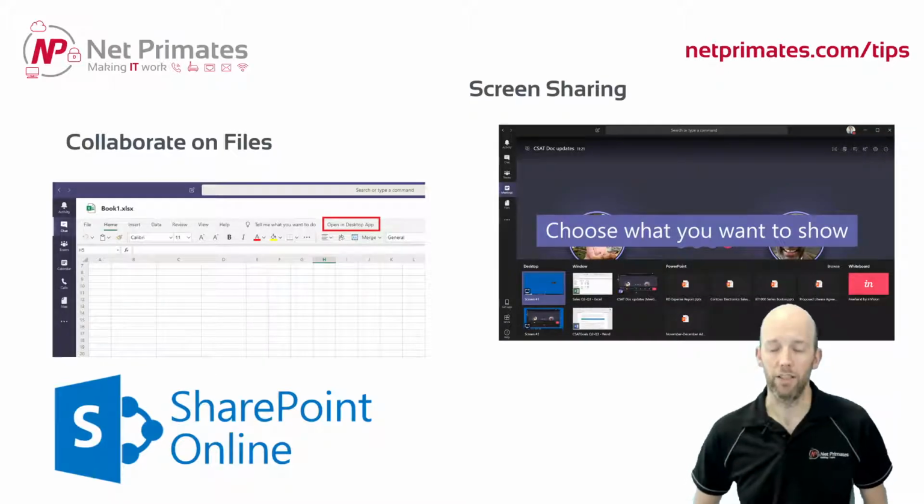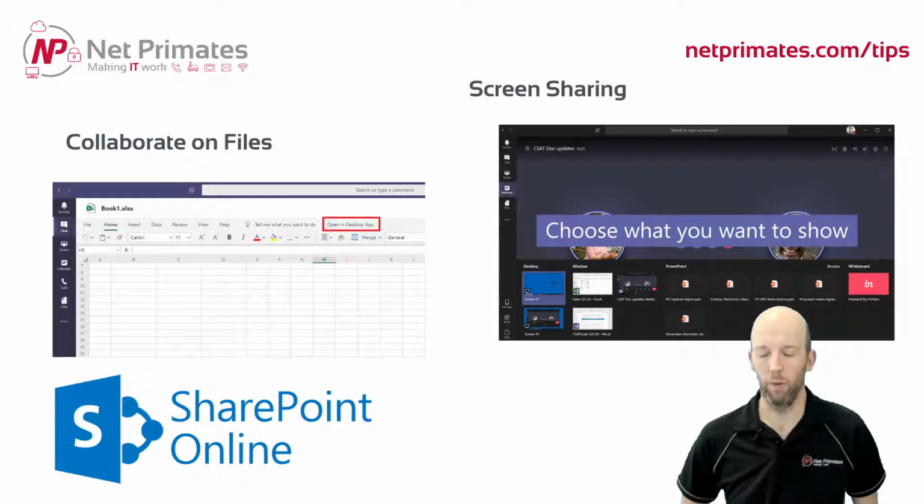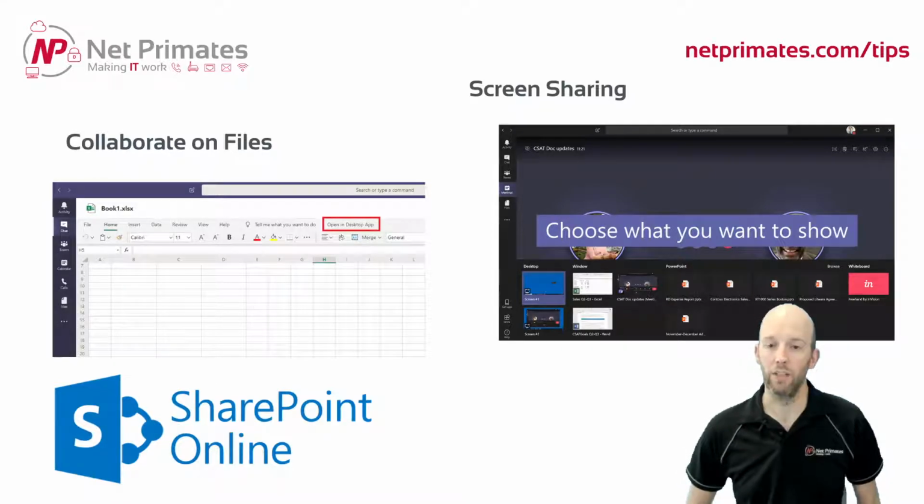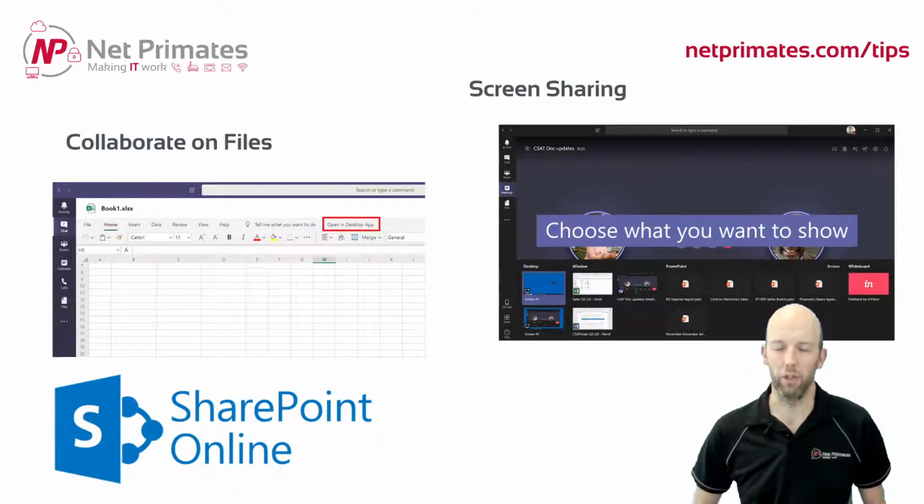Another thing you can do with Teams from a collaboration remote working point of view is screen sharing. So typically you'd think of the presenter on a webinar presenting a PowerPoint presentation or something to you, but it can also be used from a support perspective as well. So if you're struggling to achieve something and your colleague can help you, if you just set up a Teams meeting with them,